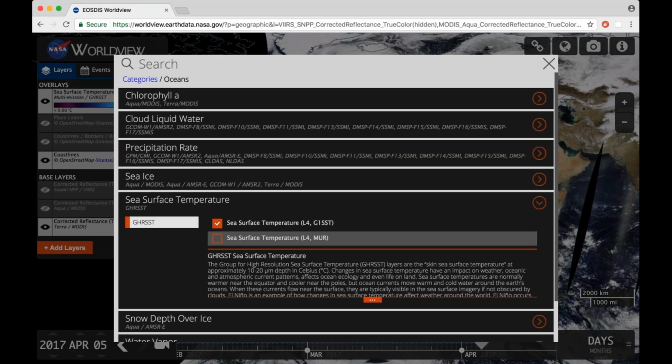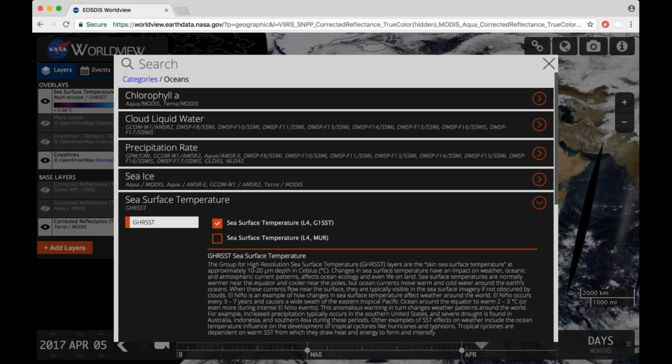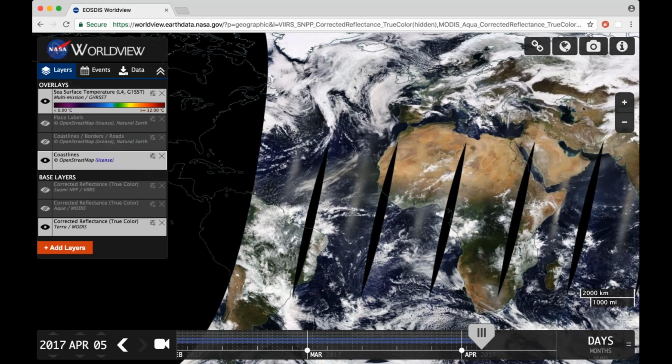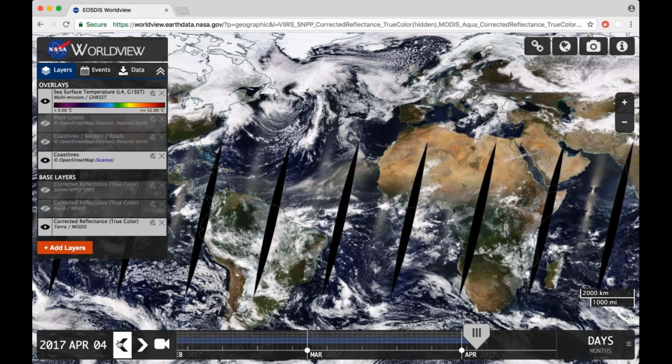I'll pick this first product, and you can get a sense for what these products measure and how they measure them. We really spend a lot of time to try to make these descriptions as human readable as possible, as opposed to being very dense with technical information. It tries to give you a basic overview of what these products are measuring, and in some cases how they're measuring it. So once I do that, there's not data for this product today, but if I go back to,